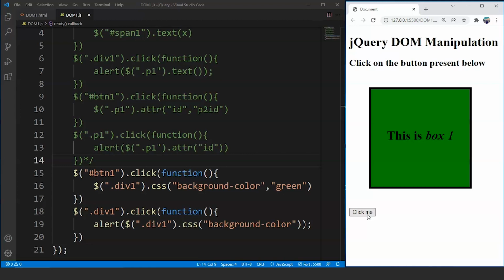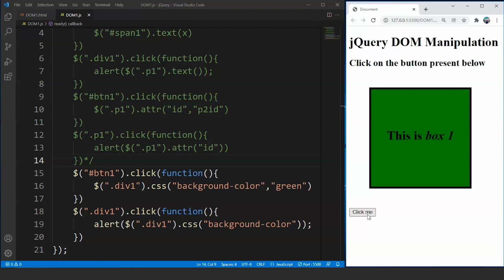For doing such tasks, we have the append method and the prepend method. Both these methods work within a particular tag. It means that if we are using the append method, then it will add something inside the specific box only, not outside of it. The same goes with the prepend method as well. So let's see how these methods actually work in jQuery.